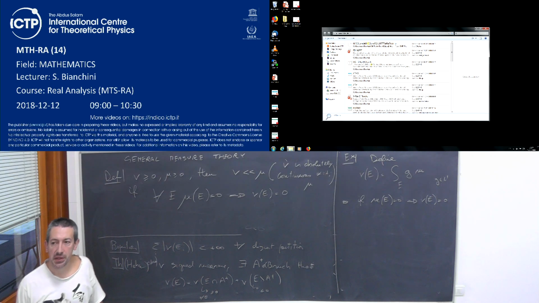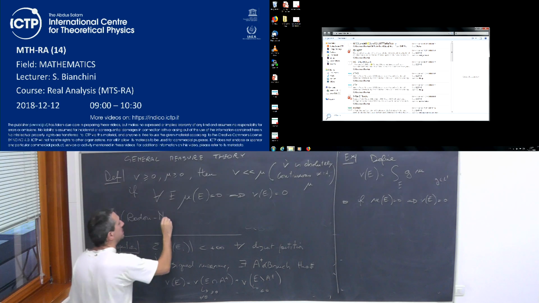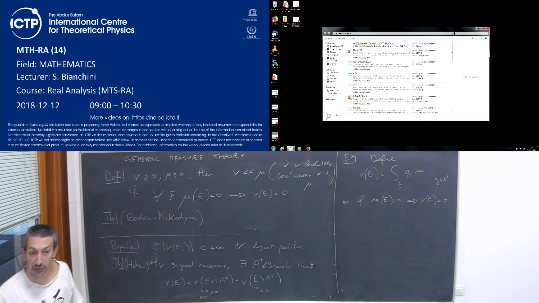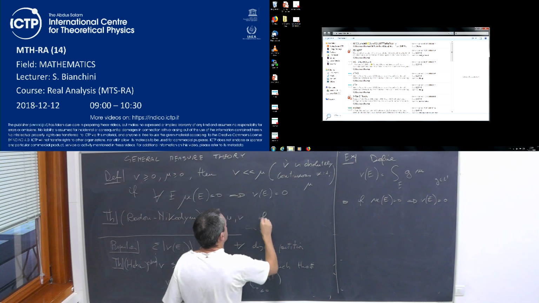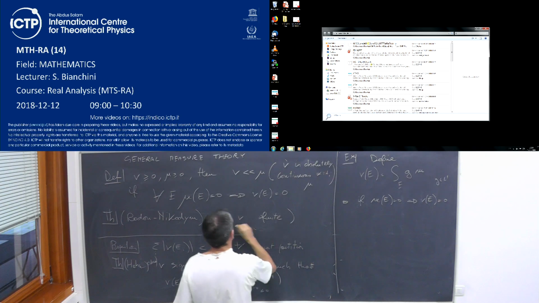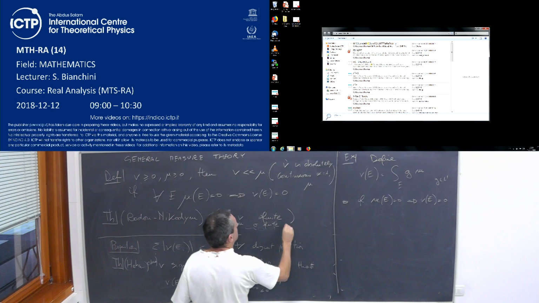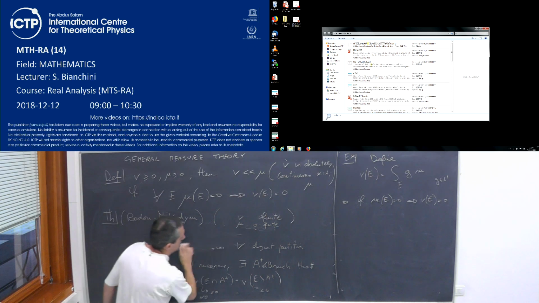Now, the Radon-Nikodym theorem, very important. So here we always have measures which are sigma finite, remember. Or here let's take finite measures. So let's say I need nu to be finite. And let's also have mu finite, which means that it's finite on any compact set, or in R^n it means finite on any ball. Then,